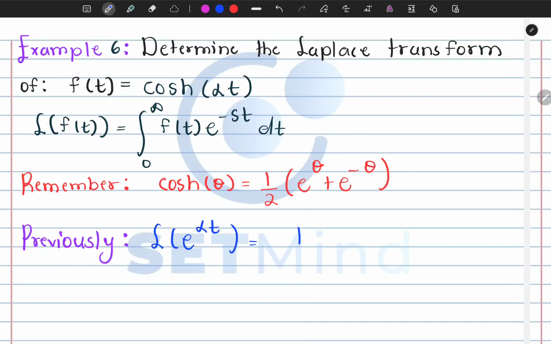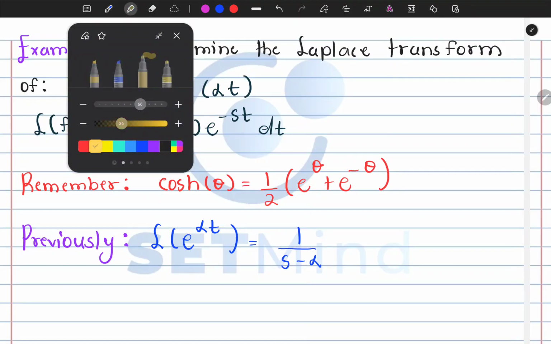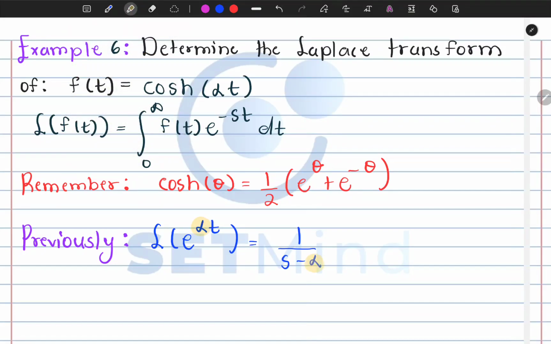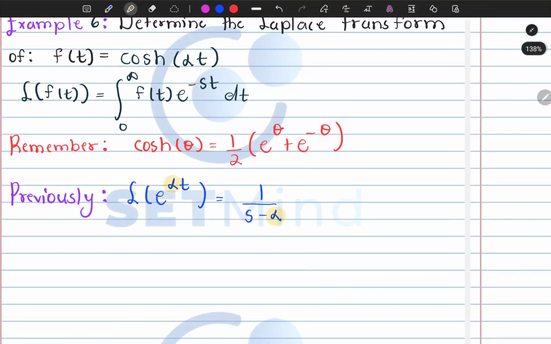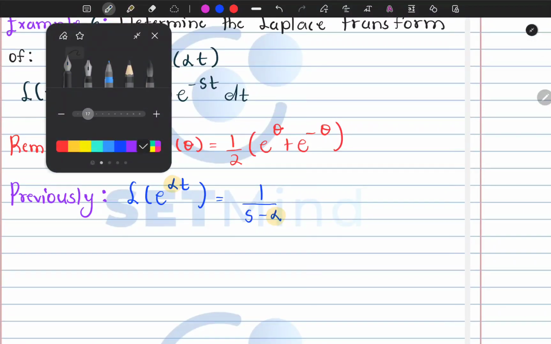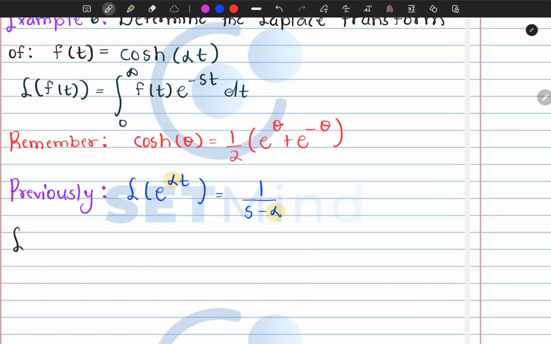And what we found was that you will have 1 over s minus alpha. So essentially, what is here, you will subtract there. So look at how smart we are going to attempt to be. So when we're taking the Laplace transform of cos of alpha t,